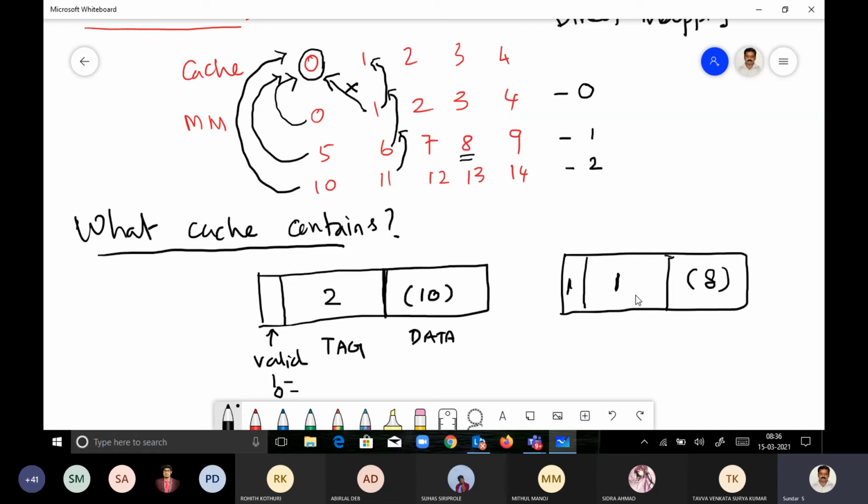Any problem in understanding this? Please try to get the point, because in the next class I'm going to start straight away with how to identify tag, how to calculate tag, and how cache is copied from the main memory. This we are going to discuss in detail in the next class. But before that, you should know what is called tag, what is called valid, what is called data. You want me to repeat again, or are you all comfortable?